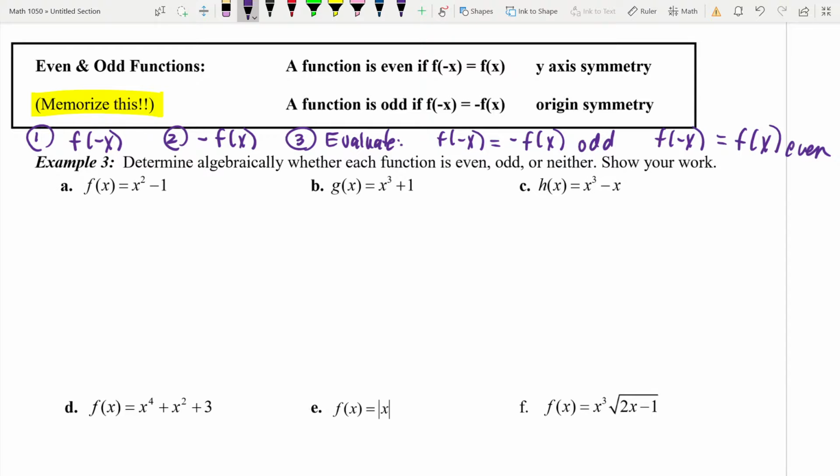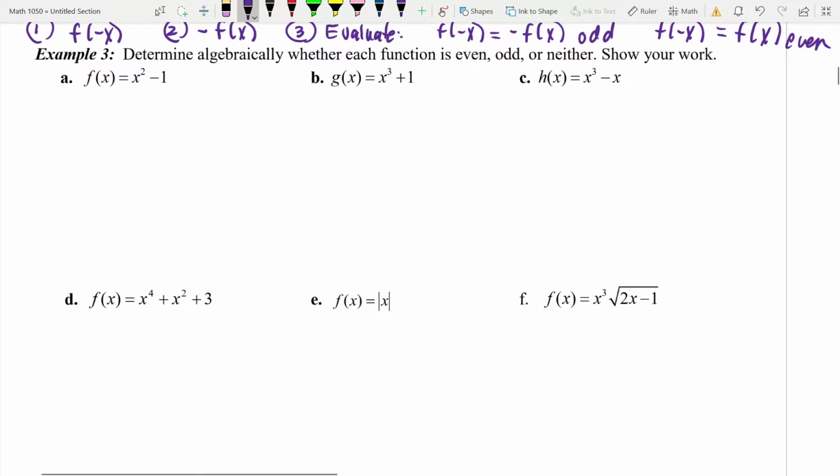Okay? Okay, nice and slowly. Some of you have been taught to put in a number, like put in a 2 and see how they compare. Weber State's not going to let you put in a number. You have to put in like an x or negative x. Okay, first thing I want you to do is let's find f of negative x. So in parentheses, put a negative x and it's squared. It has to be in parentheses. And then you simplify it. So a negative to an even power is a positive, but you still have the x squared,